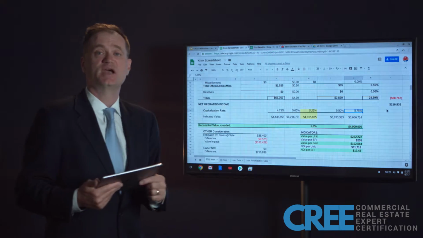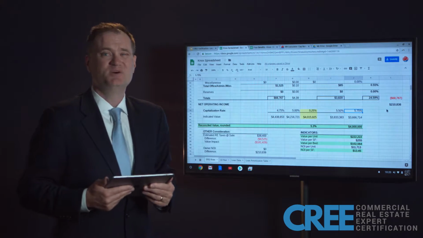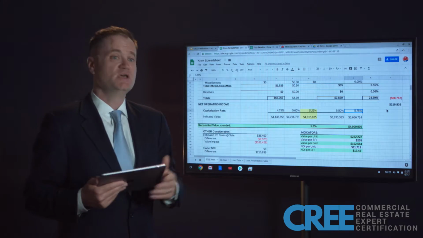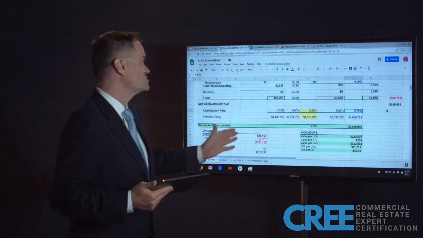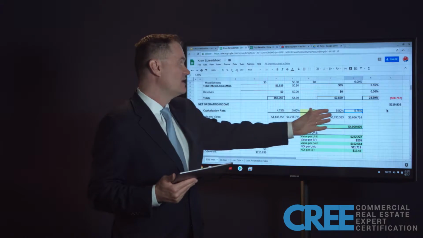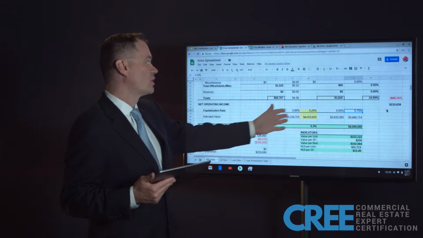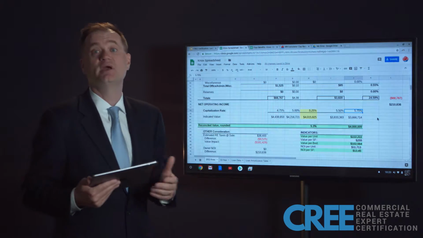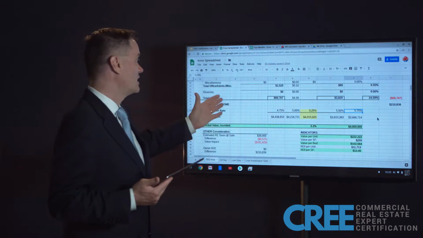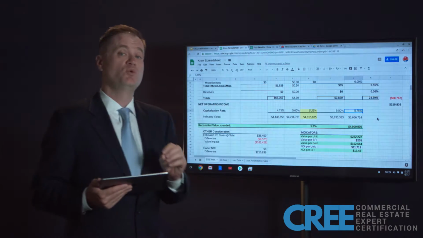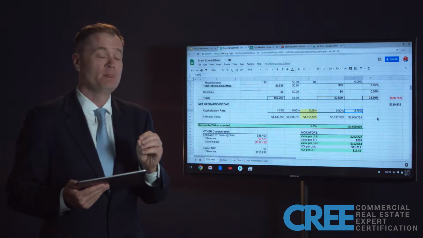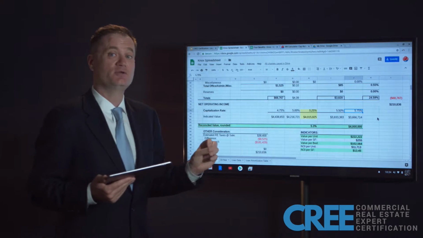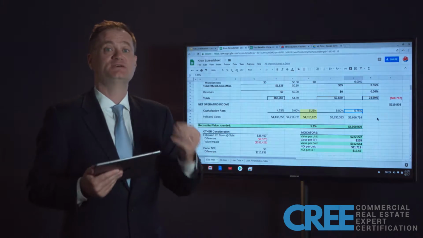We can run a projection that looks at that as well. But for the most part, that NOI number is what it is. So as we change the cap rates, we have a value here from anywhere from 4.4 million to 3.6 million. That's an $800,000 swing in value, based on really one full percentage point of cap rate return. So you need to understand that value and what your investors might